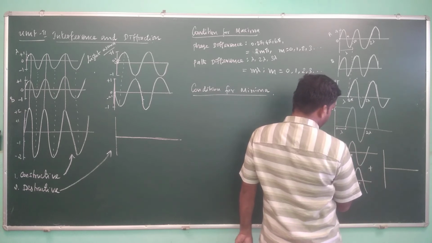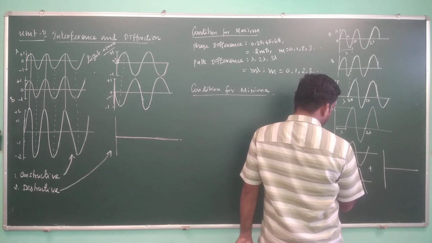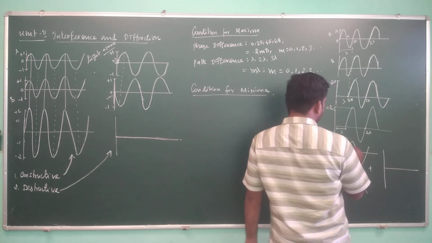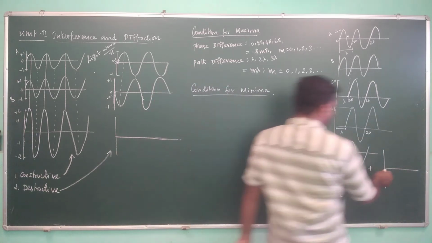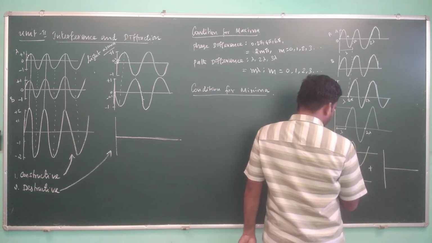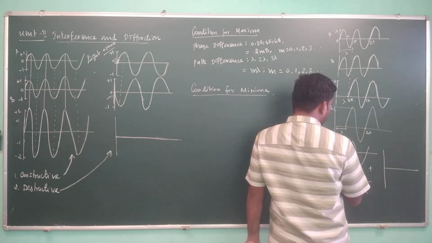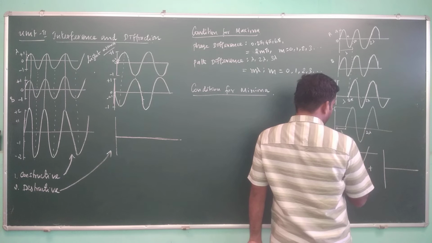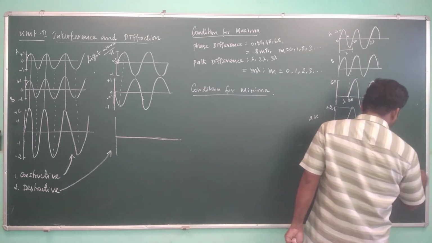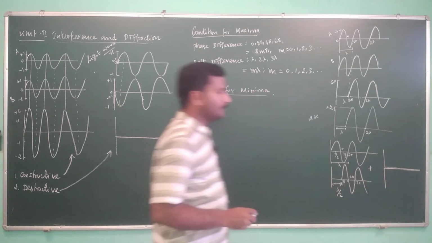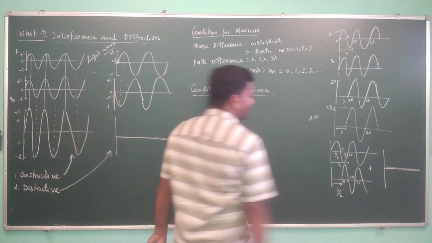Here it is 0, here also it is 0. Here it builds up in the positive direction, and it builds up in the negative direction. So the amplitude will be the same but with opposite sign. So always, starting from this point, it is going up, it is going down, it's going down, it's going up. So you will always have a null intensity when these two waves interact. So this creates destructive interference.